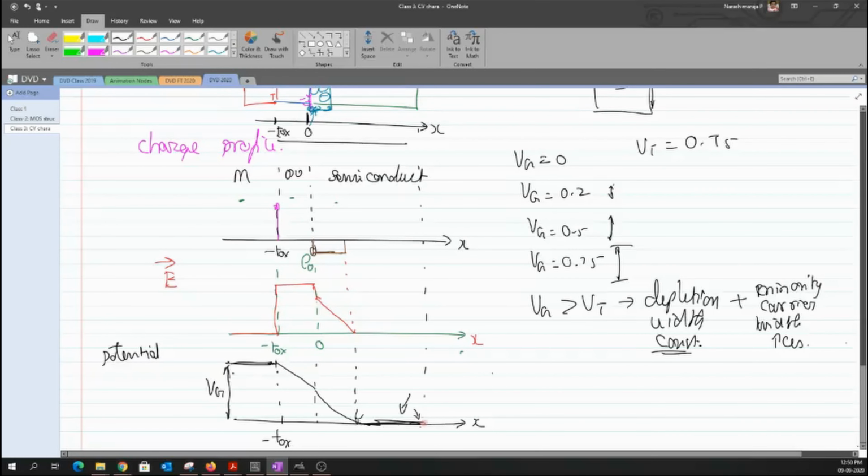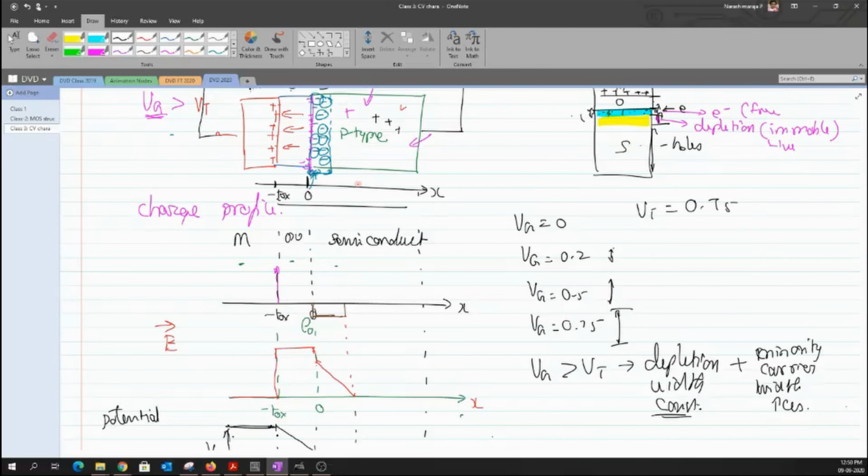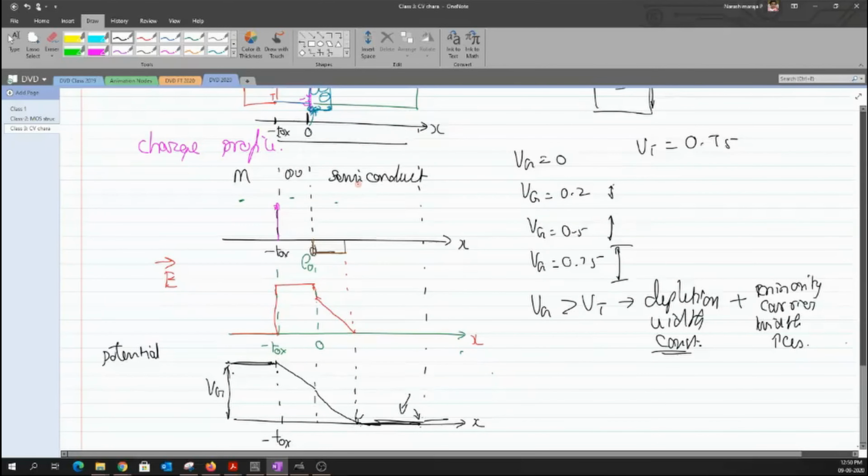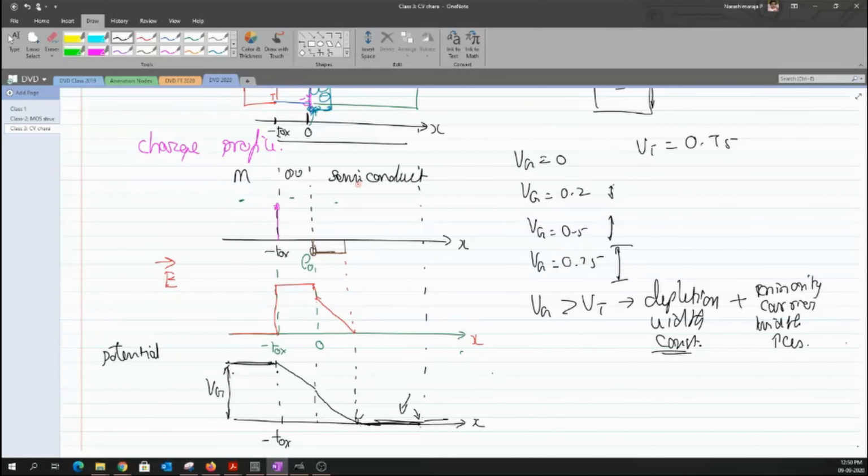Okay, and since we have connected a negative potential or a ground, the same potential has to be reflected here. So that's the reason why we have drawn something like this. I guess it sounds interesting. The only thing is I'm not proving anything here because I know the math is a bit complicated, and it's really not necessary for us to carry this mathematics into our discussion. When we talk about CV curves, that's the reason why I'm skipping many of the things.